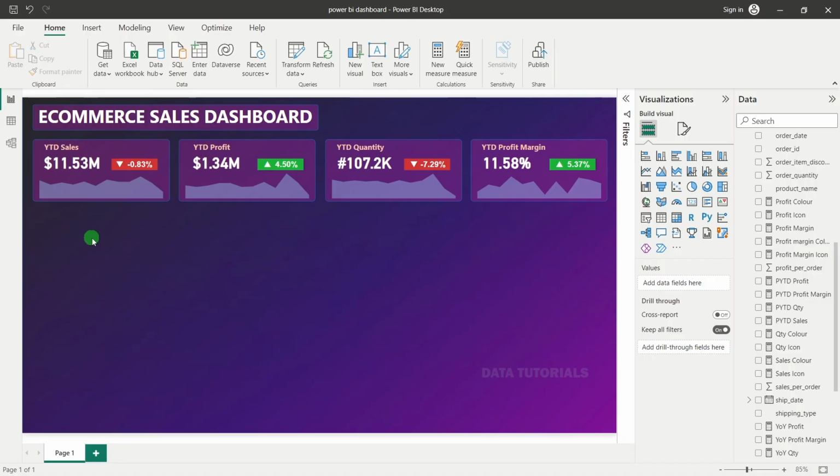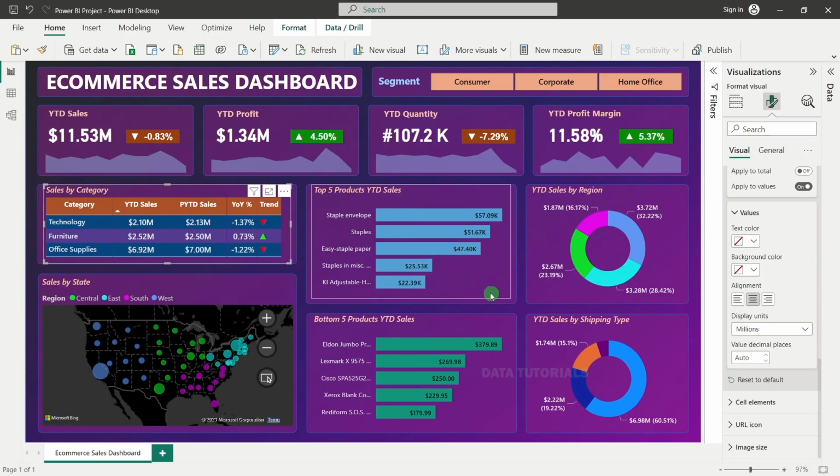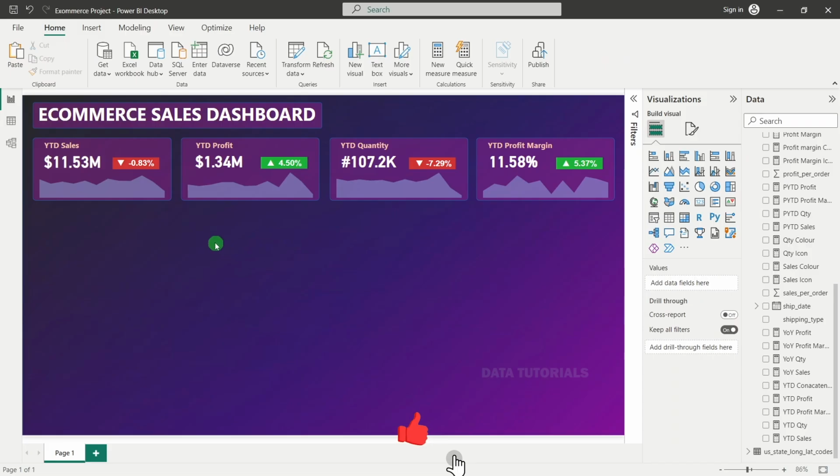All right. And now next we will go ahead and design our next charts. Okay, so we will start our next chart design, that is sales by category. This is nothing but this particular chart. It is also called a matrix chart, and we will be designing the same chart in this particular